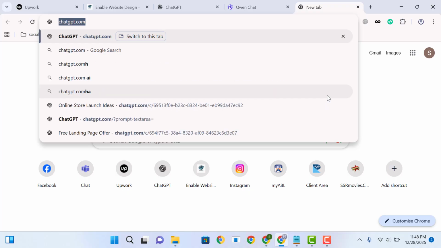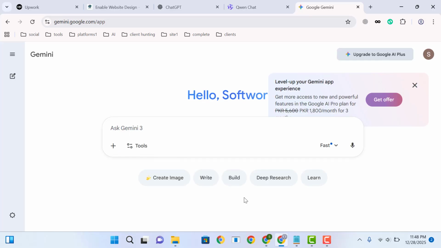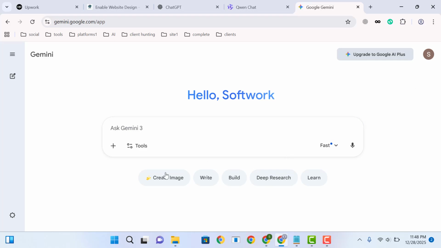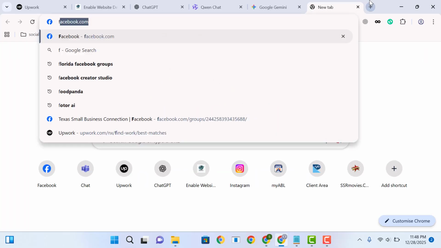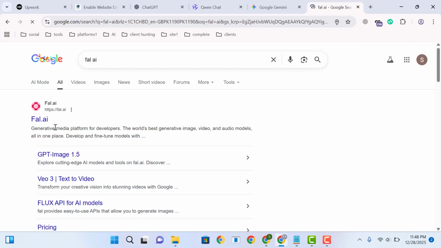For example, let me type Gemini, and then here you can select the video option. Here you can see I have a free plan, that's why I'm not getting the video option here. So if I go here and try to use any other tool, this one,